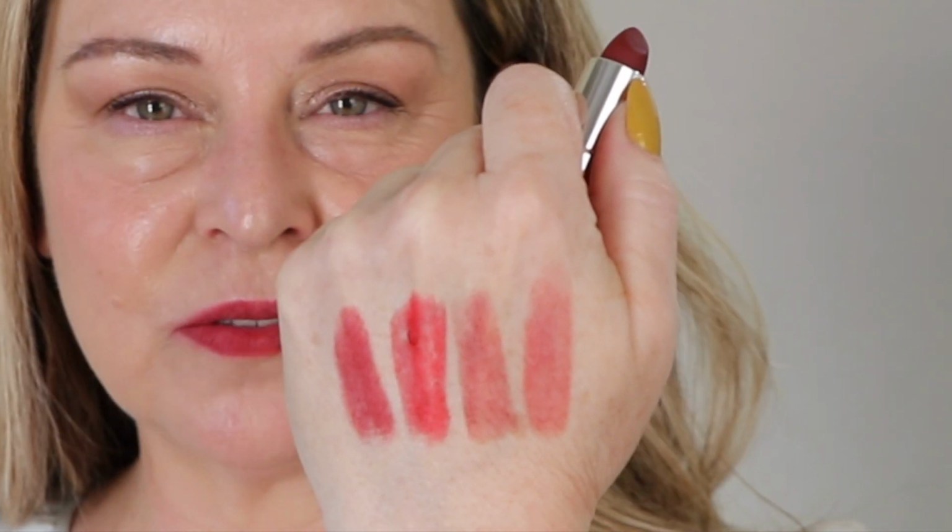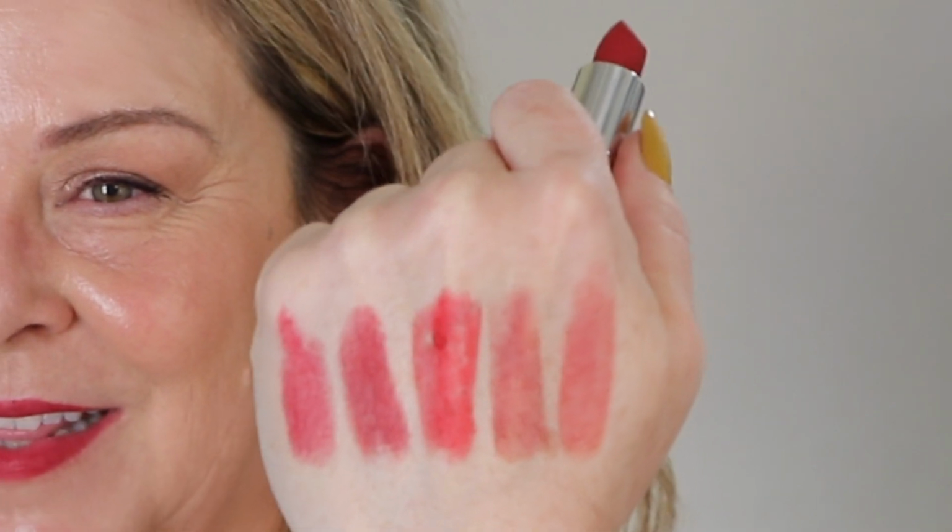And this is Grenat, which I may be pronouncing wrong. It's 39, right on my lips, and to me, this has a little bit more of a berry kind of thing to it. It's not that it has a lot of blue, it's more like maybe raspberry. You can see the tube is much darker than the others, and here it is right here. Actually, on my hand, it does look like there's a little bit of blue. And this is 37, Rouge Grain. Not sure of the pronunciation, but to me this is a deep pink, maybe a touch of red. Right there. And that is 5 colors from the Givenchy Sheer Matte line,